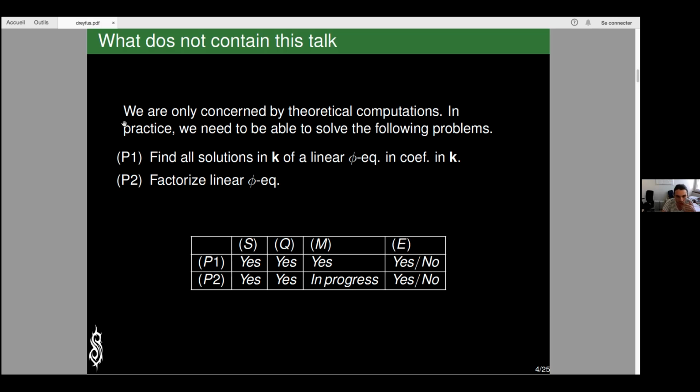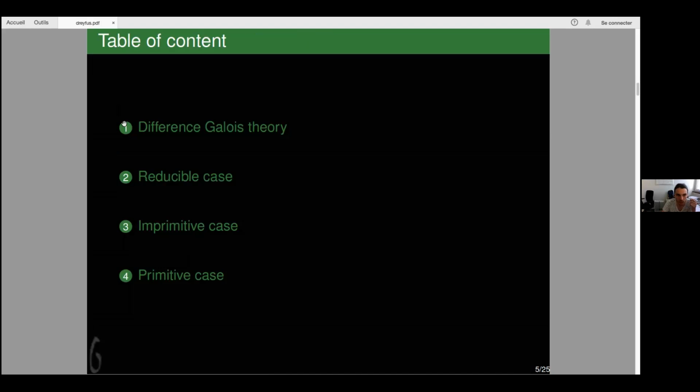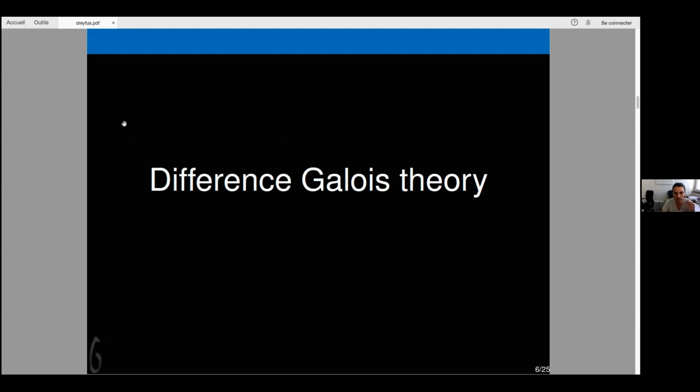At first sight, I was trying to say who was making all these results, but I realized that I would have to cite a lot of people, and I would forget a lot of them. So let's say that the second problem has been tackled by Petkovšek and Gosper, and a lot of people contributed to every aspect of the following hour. So let me make precise